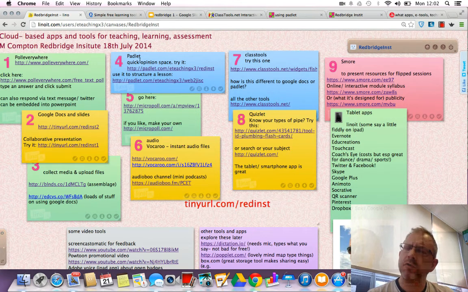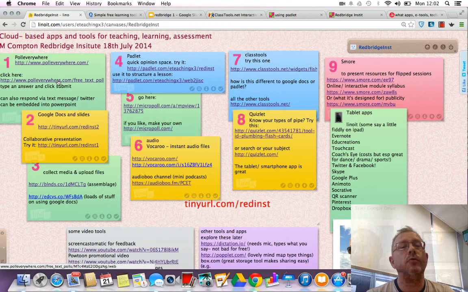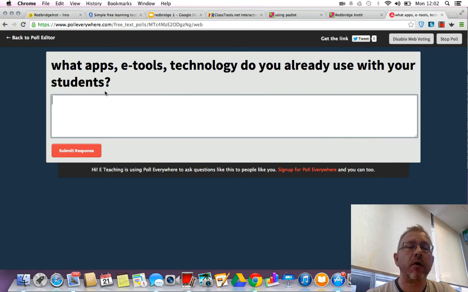So it can be really useful if you're going to be absent or if you want to flip some of your sessions, whatever. Anyway, let's just turn to the tools that we looked at. The first one was Poll Everywhere, if you remember, and I gave you a link, which was to a question with a box that you typed in, and then you were able to respond, and then that response appeared on the main screen. So if I just type a response here,